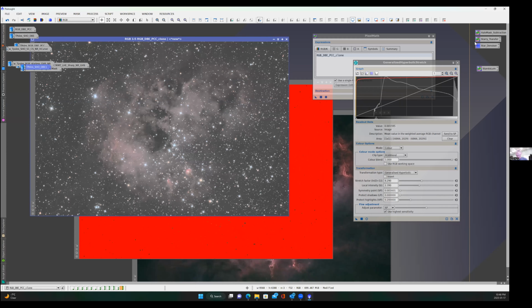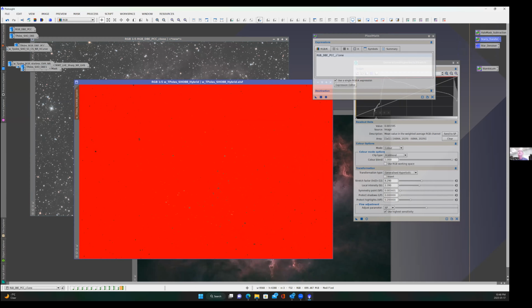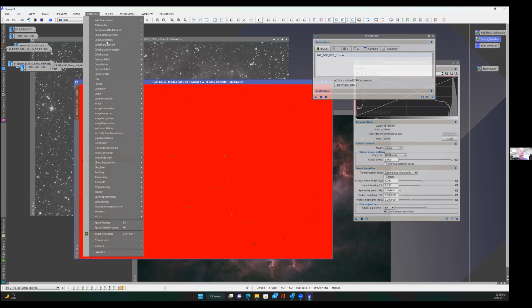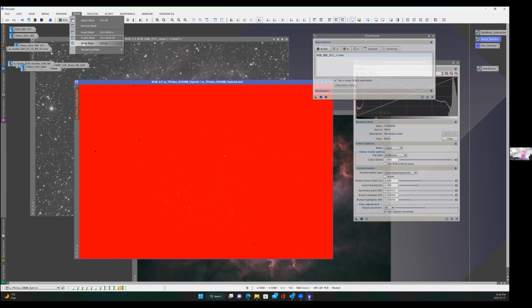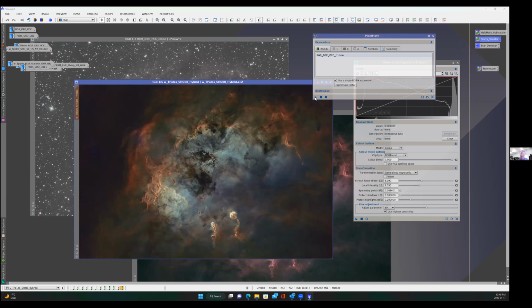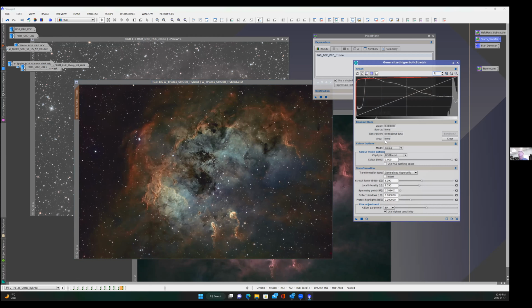Then I can just use my pixel math to transfer those stars. Process, mask, and transfer those nice RGB stars right into my image. So all sorts of things I could do. I could apply that twice, make them a little bit brighter and a little bit bigger, depending on what I want. While that mask is in place, I can go to